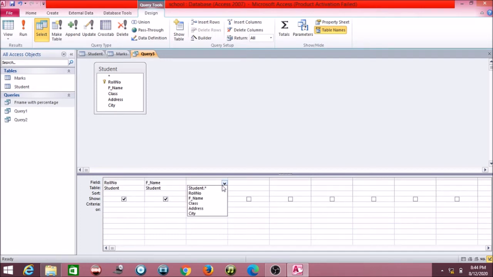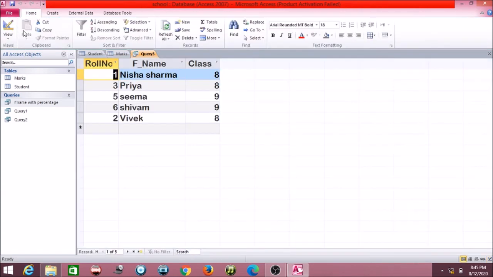Now earlier what I have done is I have specified only one condition, and now here I am specifying 2 conditions. That means I want class 8th result as well as 9th result. Both the results I want, so I am just writing both the conditions. So it will fetch all the records that belongs to class 9 and 8. Okay, after doing this, just OR means this and this. Okay, sorry, I have written it in wrong place. Now it is okay. Okay, now then go on run and see 8 and 9 both results are fetched.